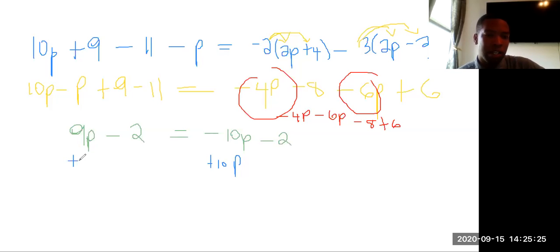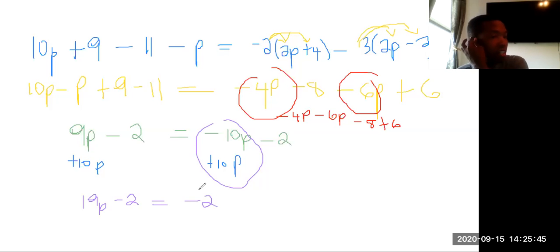And whatever I do on one side, I got to do to the next side. So 9p plus 10p is 19p. And then I still have my minus 2 equals, this is 0, so I don't need to put it, minus